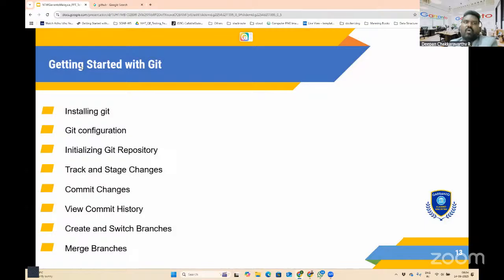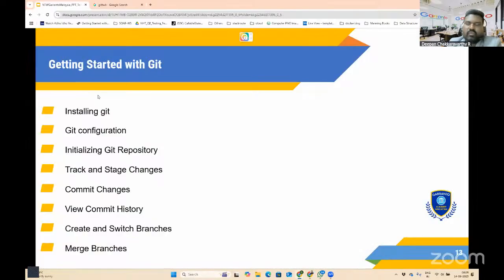So now how can we get this started? For us to work with Git, we need to install Git, and then we need to do some initial configurations. Once Git is available on our machine, we need to convert our project into a Git repository, and then we need to see how effectively we can use Git to track the changes, right?